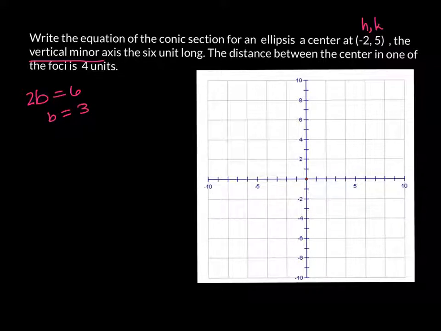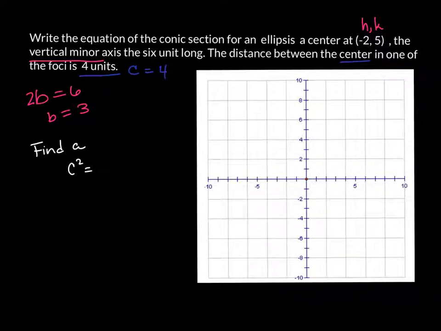Now, the next piece of information that they tell us here is that the distance between the center and one of the foci is 4 units. This gives us the value of c, and c is equal to 4. Now, the only thing that we need to find now is a. We find a by the formula